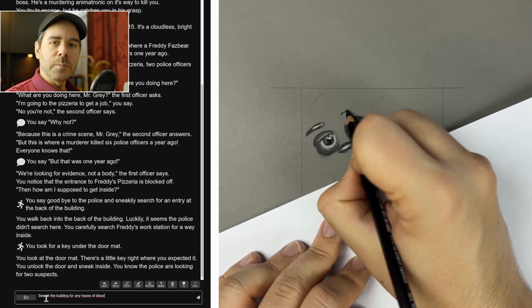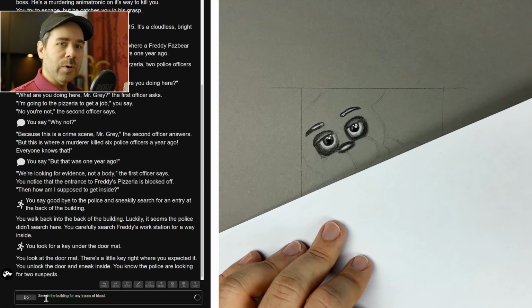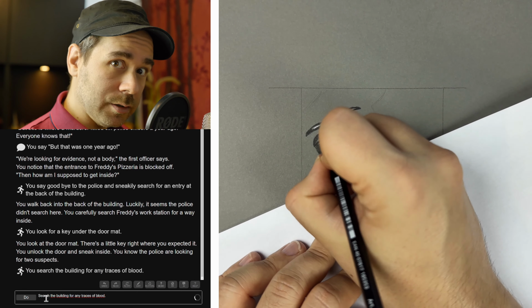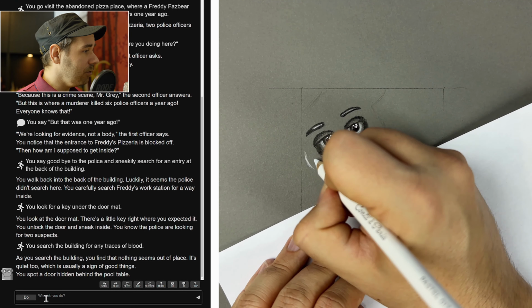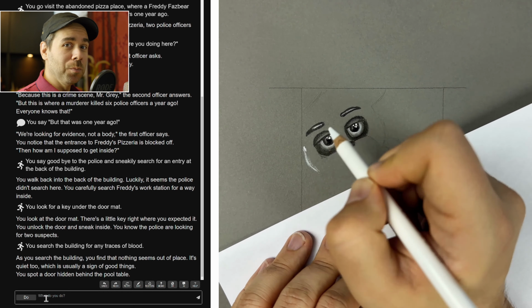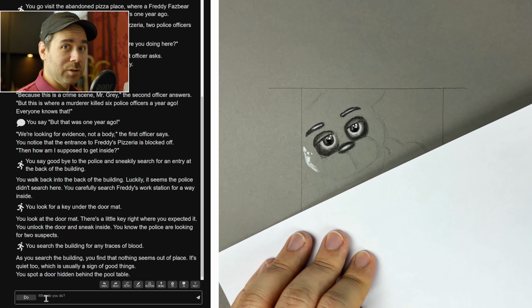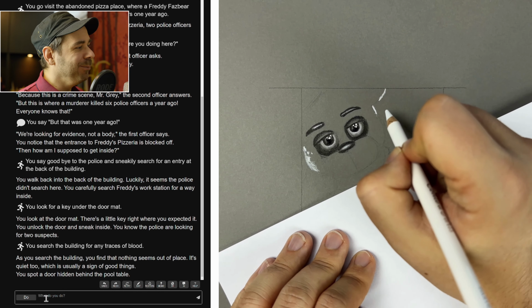I feel like we have to speed up this a little bit to get to the horror part, so we search the building for any traces of blood. As you search the building, you find that nothing seems out of place. It's quiet too, which is usually a sign of good things. And this is a much too positive AI for Spooktober. You spot a door hidden behind the pool table. How hidden can that door really be? But anyway,